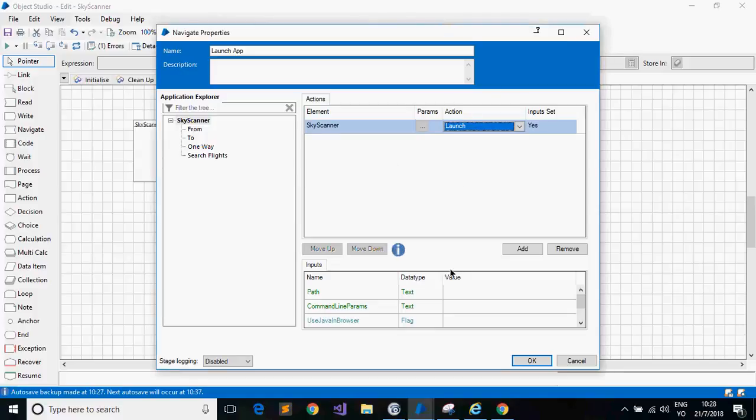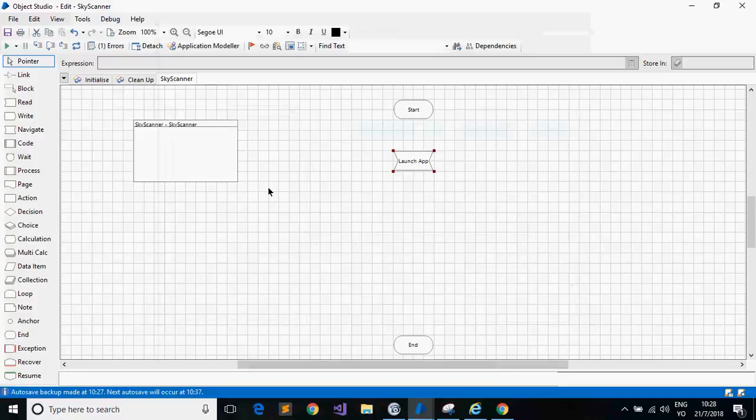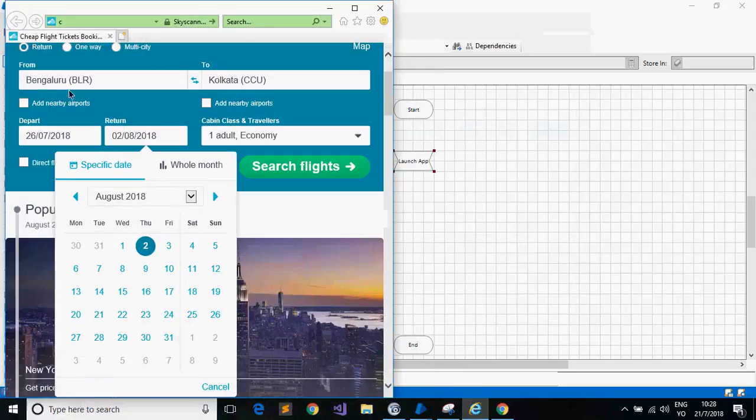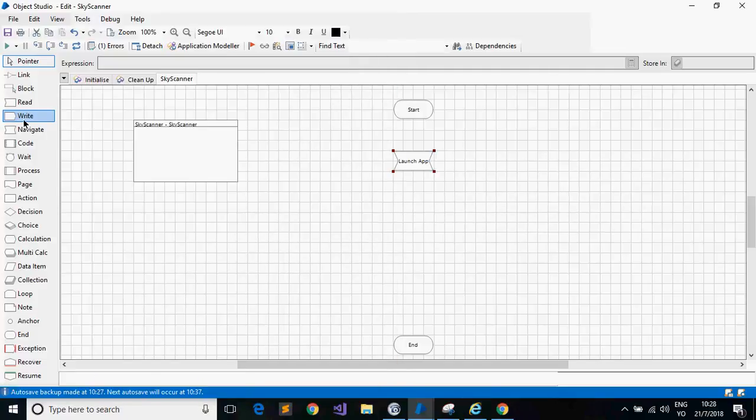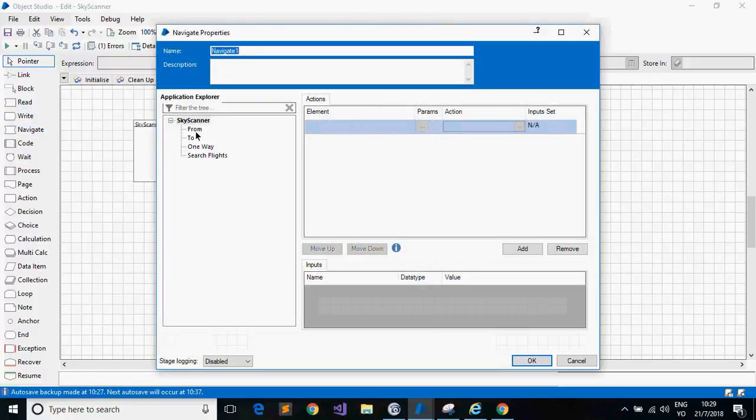And then perform action as launch. Click OK, so it gets launched. The second thing is that I need to click on the one way. So what I will do here is I'll also put a navigate state for clicking here. Let's see how that turns out. Launch, and then